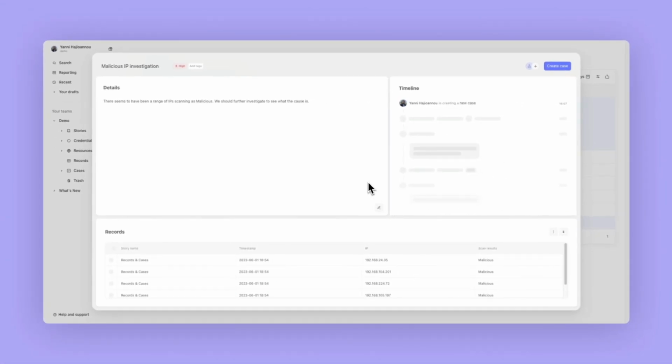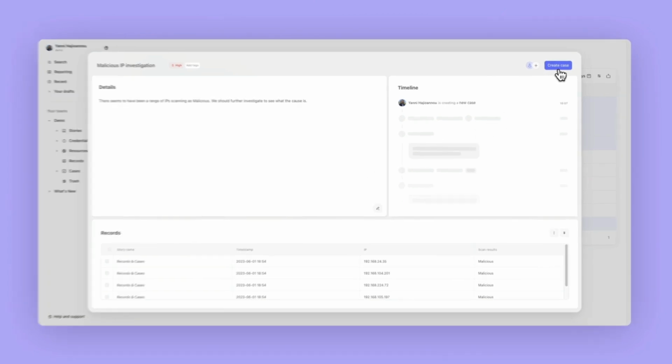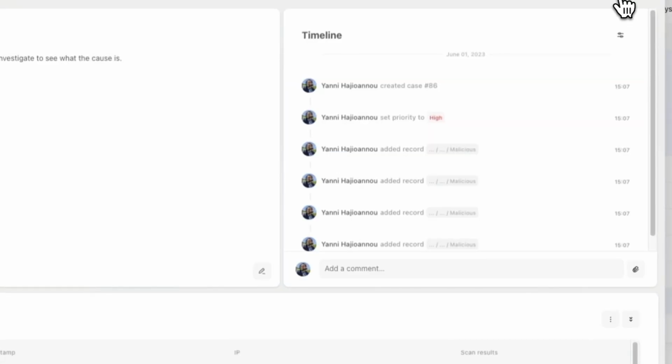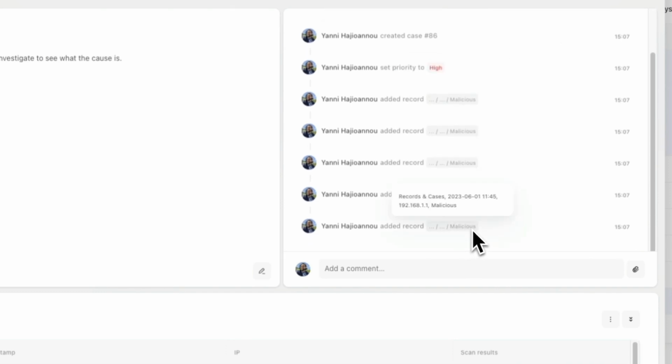From this view, we can see the details on the left. We can see the records on the bottom right, the timeline to the right. The last step is on the top right-hand corner, just to click the Create Case button. When we do this, it's going to capture those key steps in the timeline. And we can even see when we hover over one of these malicious IPs, it's going to show us what's